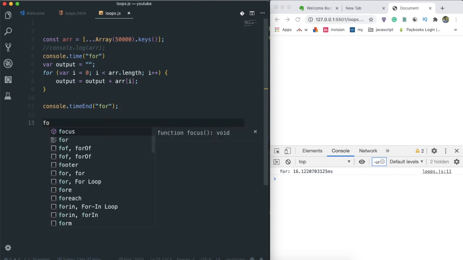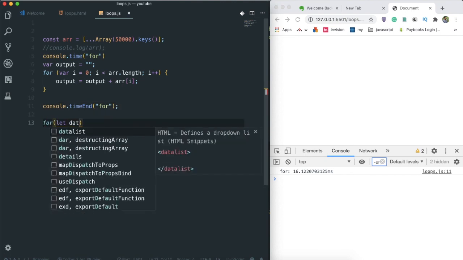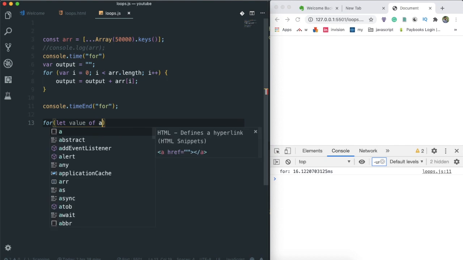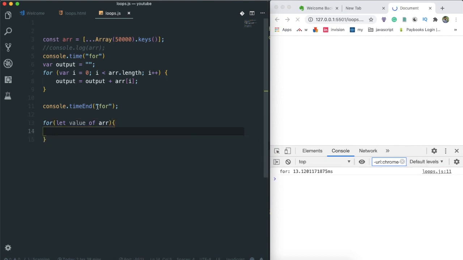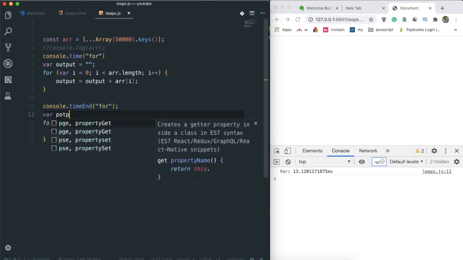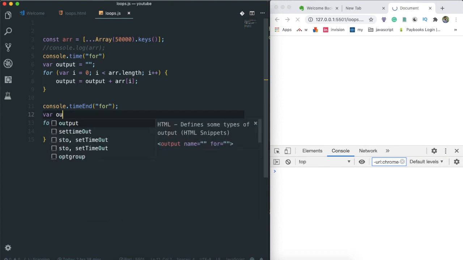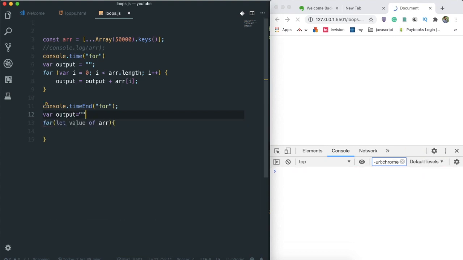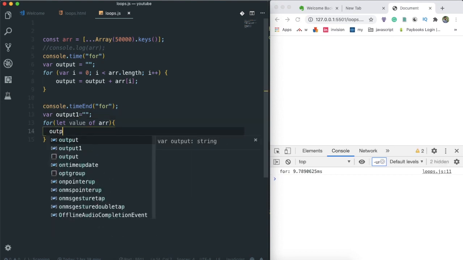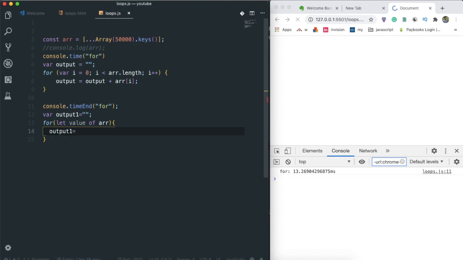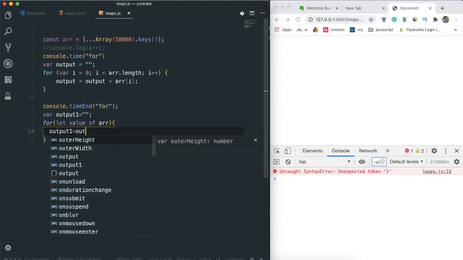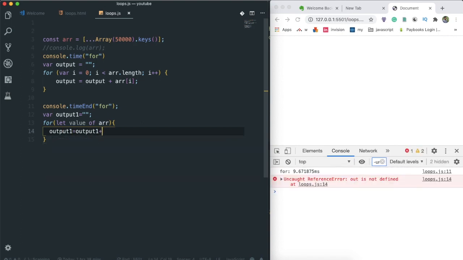Now I just want to perform the same operation with the for of loop. The syntax is for let value of array. I am doing the same operation: var output1 equal to an empty string, and I am adding all these numbers to that string. Let me check how much time the for of loop takes for the same array.